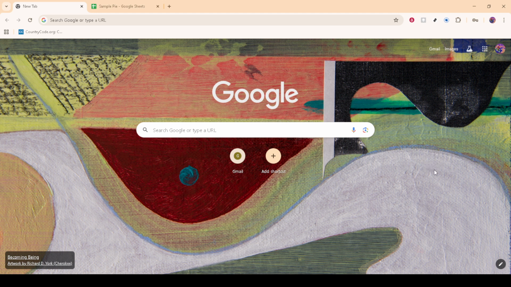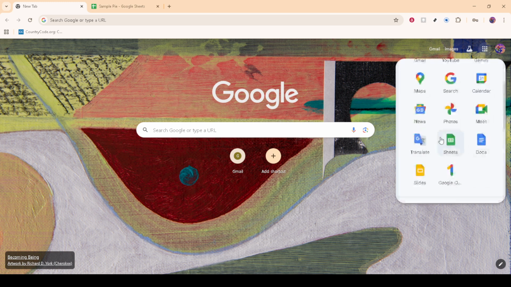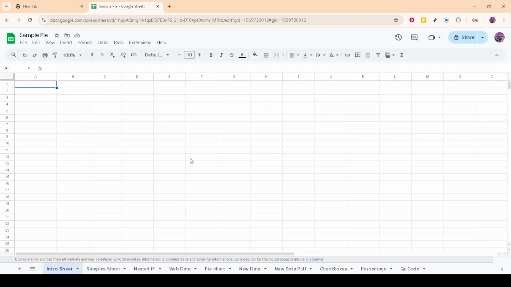First, open up your Google Sheet where you need to perform the sorting action. If you haven't already, log into your Google account, navigate to Google Sheets, and select the file you're working on. This is where we'll start our task.